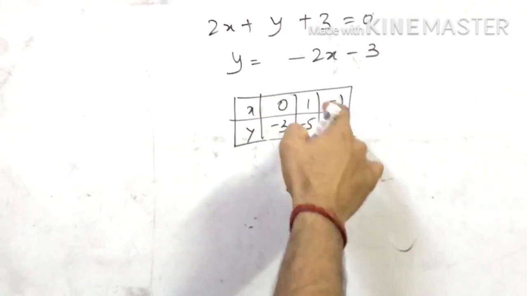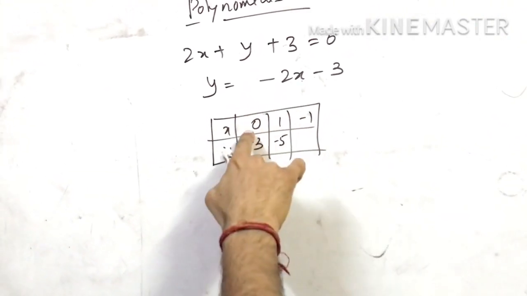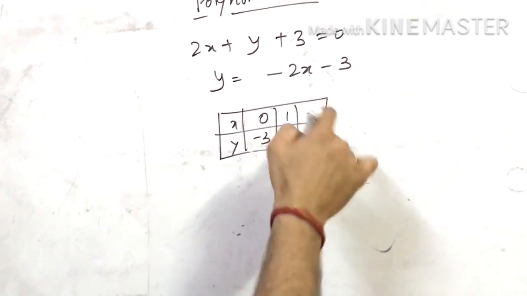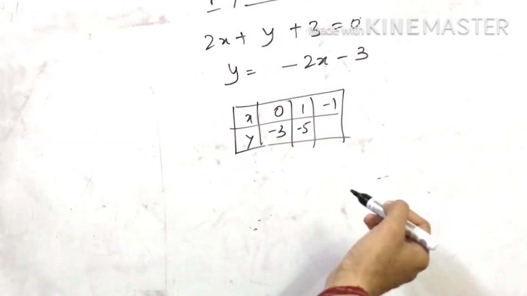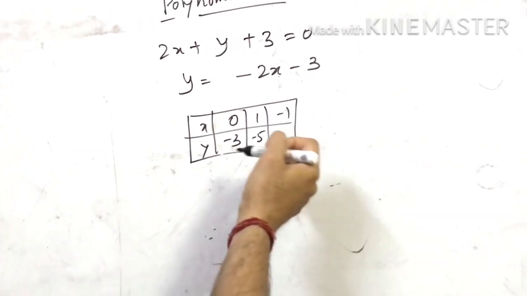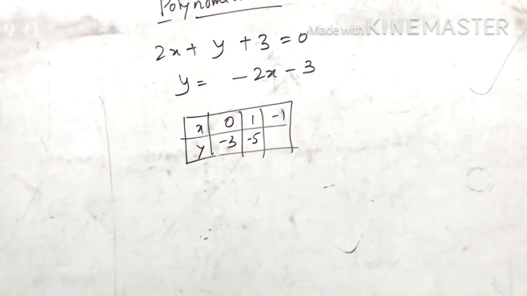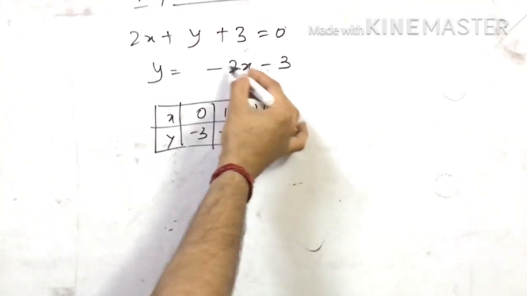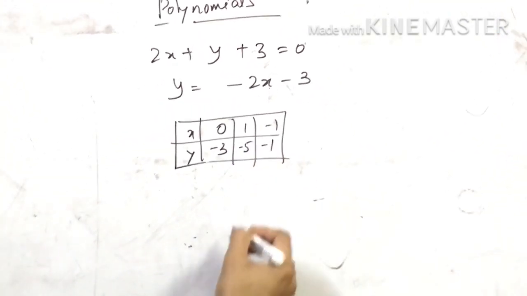If you want to find one more number, you can also take that. Suppose you take minus 1. These are your own choices. You can take any of these numbers, because there are infinite numbers on the graph paper. So you can take whichever are very small in size and very easy for you. So minus 1 into minus 2 plus 2 minus 3 is minus 1.